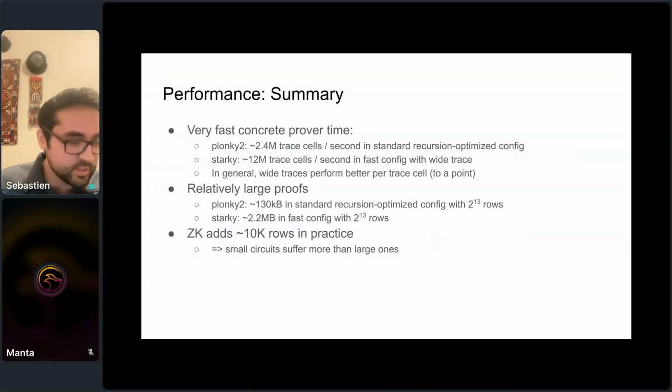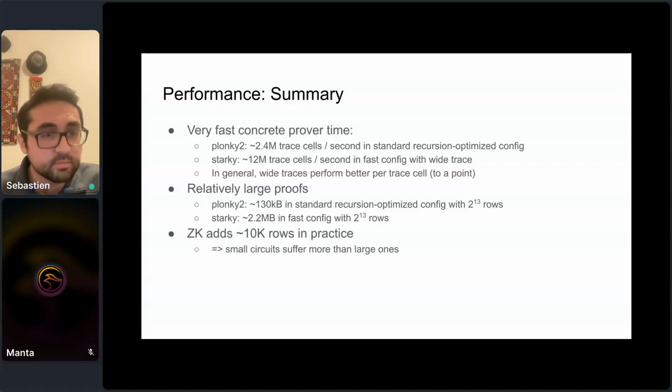Now we can move on to the thing that a lot of you have probably heard about. It's performance. So performance for Plonky2 is pretty good, albeit with some larger proofs than you might have seen elsewhere. Some very rough numbers here. We'll share the slides after, and you can see some more performance tables where you run it on different sizes and whatnot. But roughly, Plonky2 can prove over approximately 2.4 million trace cells a second, and Starkey around 12 million